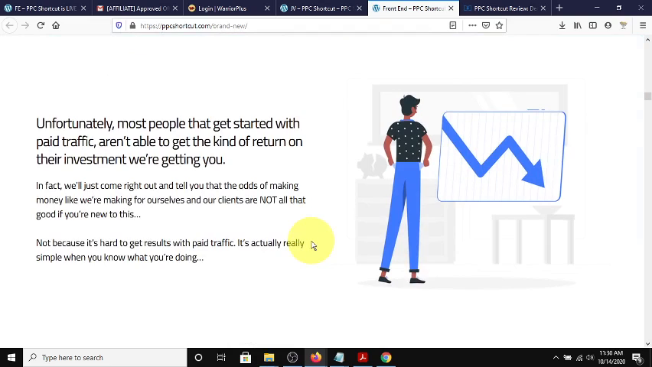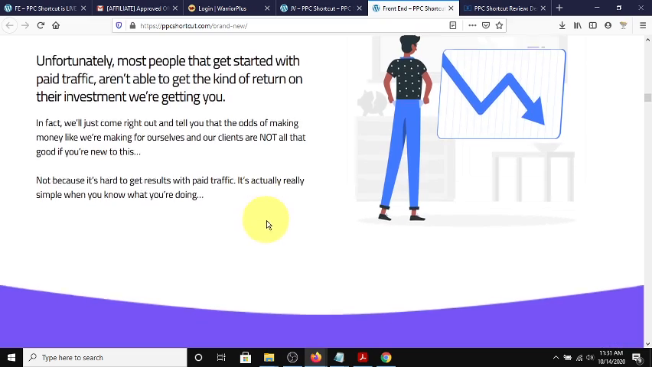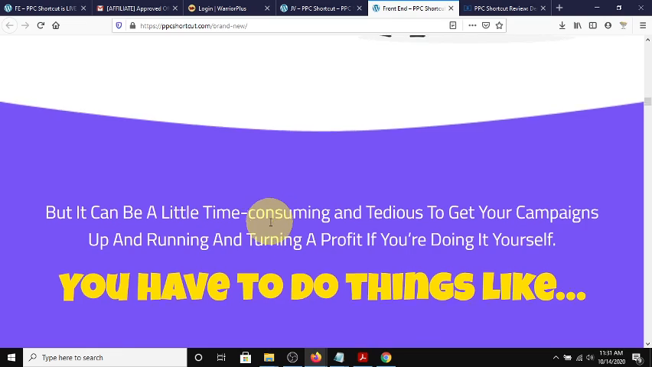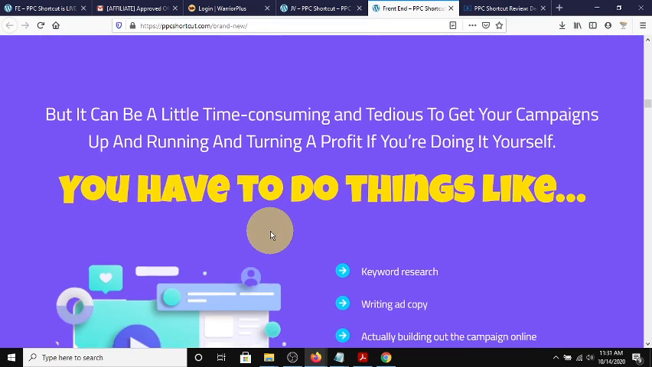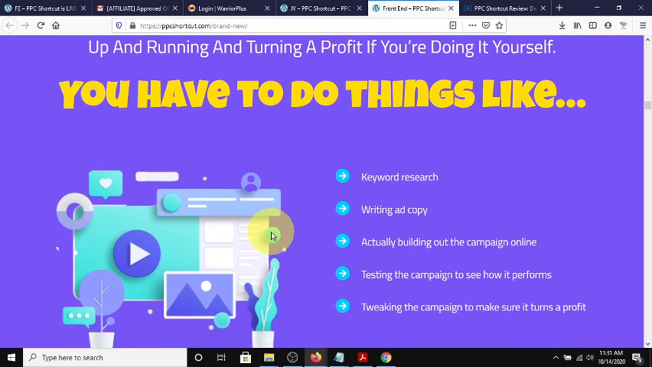And here's just a little bit more. It's unfortunate that most people who get started with paid traffic aren't able to get the kind of return on their investment that we're getting. Why? Because we don't know the shortcuts. We get frustrated trying to set it all up, but not anymore. We can have a clear advantage as affiliate marketers by taking advantage of what Wayne, Crow, and David are offering us, this shortcut to get into the business, right? It can be a little time consuming and tedious if we try to do it on our own. So why not just invest in ourselves,